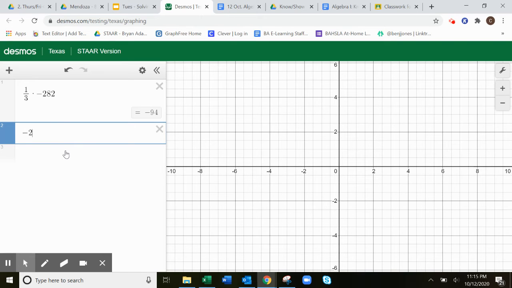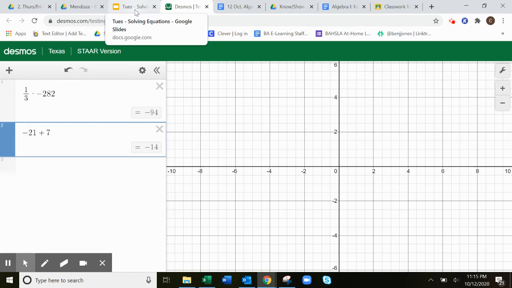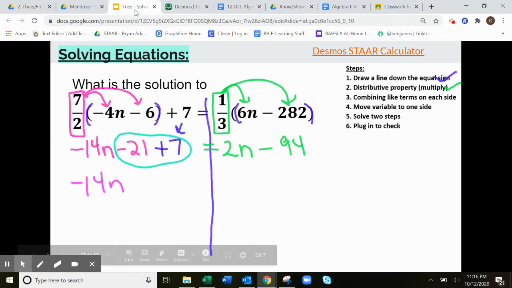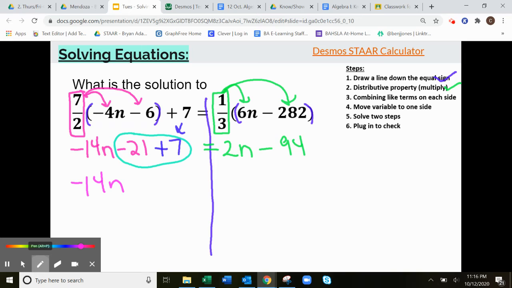So negative 21 plus 7. That's a negative 14. So then that means it's going to be negative 14n minus 14 equals